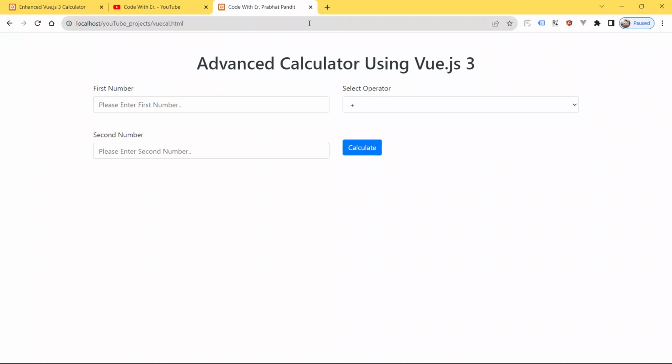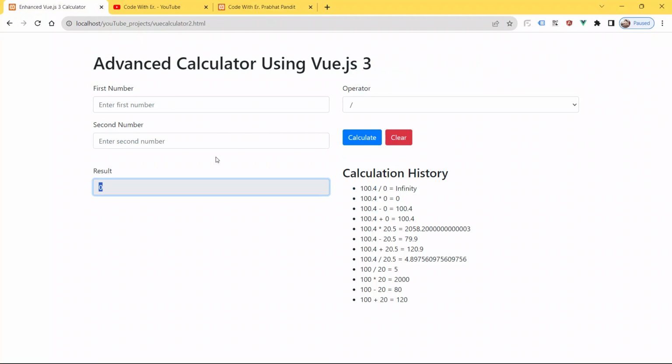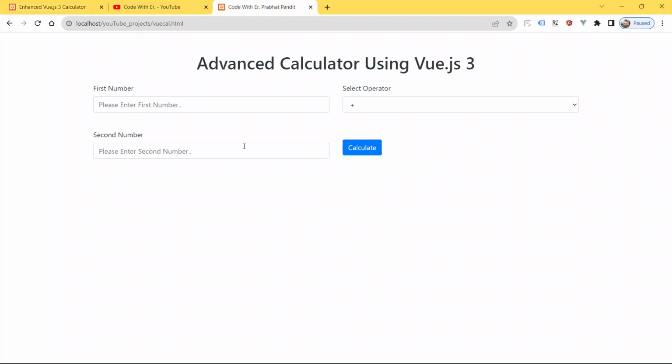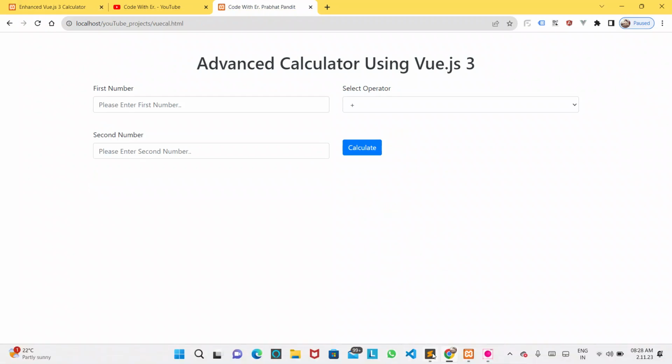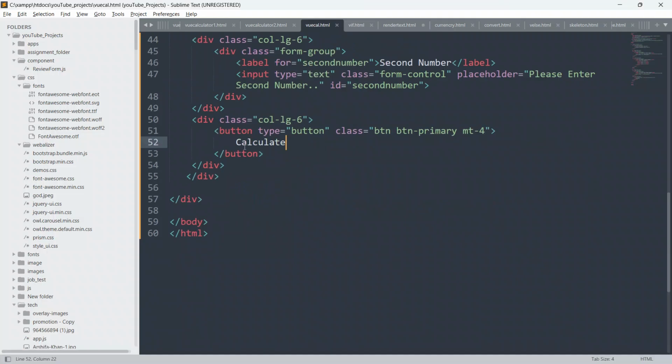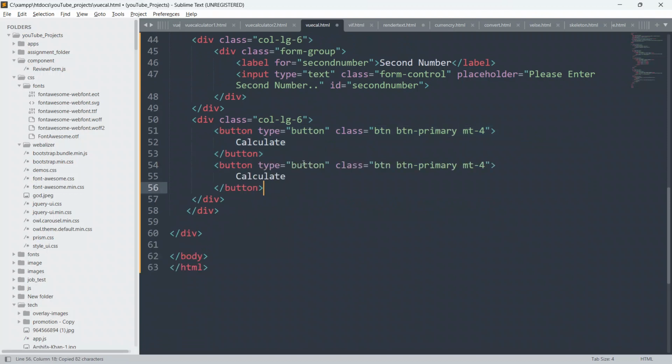You can see our layout is the same. This is the example layout, and this is our layout. We have built this layout. Now we have to create the clear button and the result. Just copy this button, paste it here, and give the text as clear.